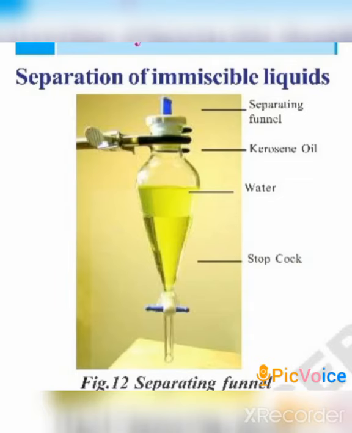In this image you can find a separating funnel which is used in the separation of immiscible liquids. In this method, take a mixture of kerosene or castor oil and add it to water and let it be kept undisturbed for a certain time so that separate layers of oil and water are formed. Generally, water would be the below layer and above it would be the oil.